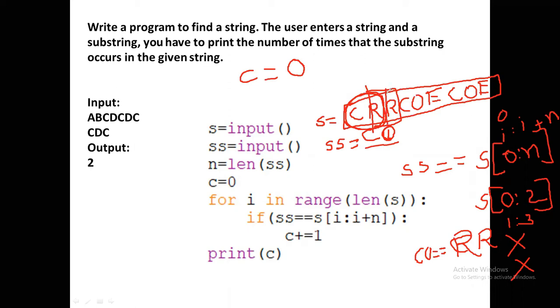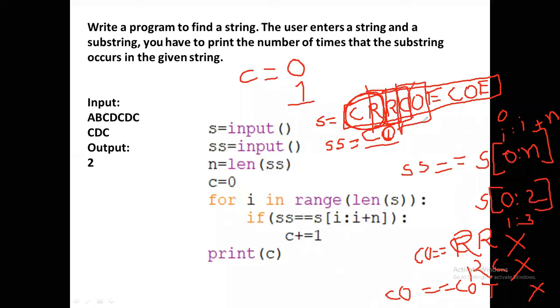It is RC. CO equals RC? No. Next, in the next iteration it becomes CO. Now CO equals CO. Yes, it returns true. So increment the count value. So it becomes 1.